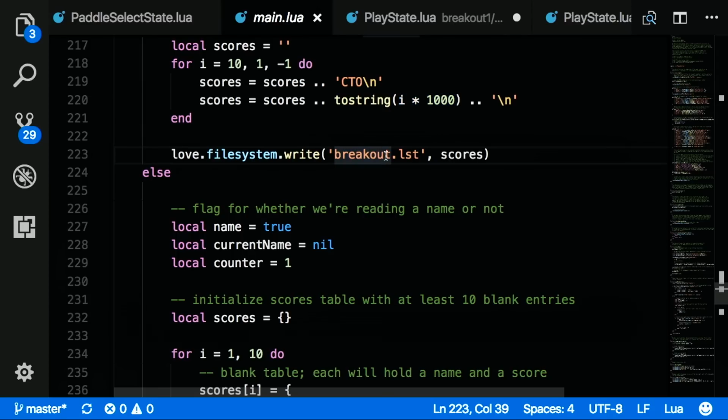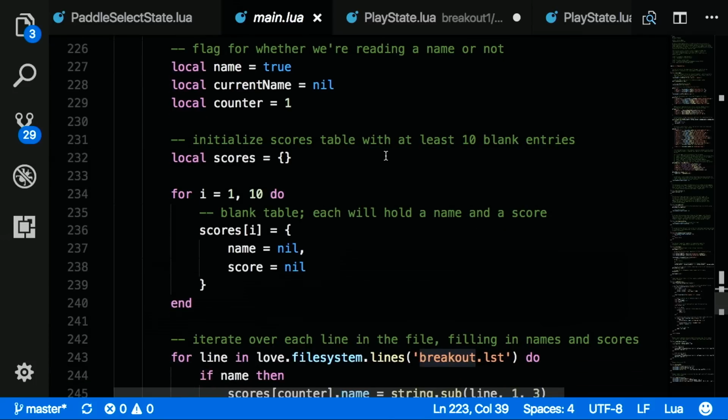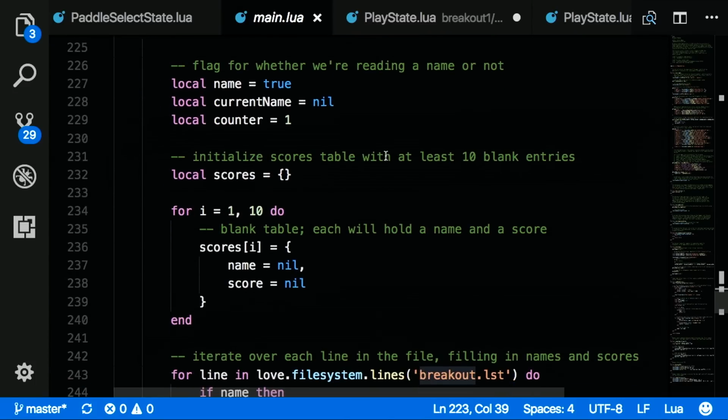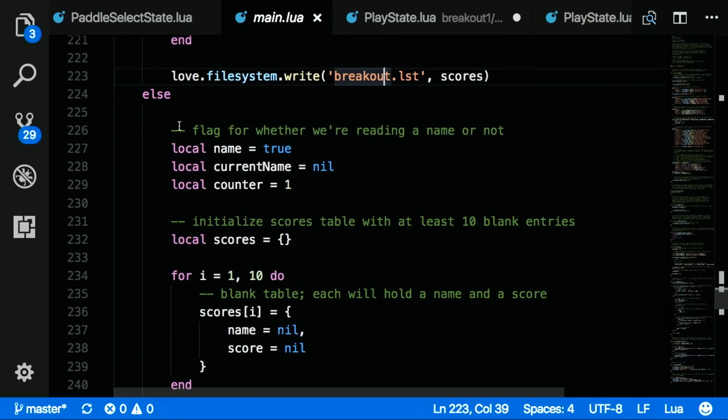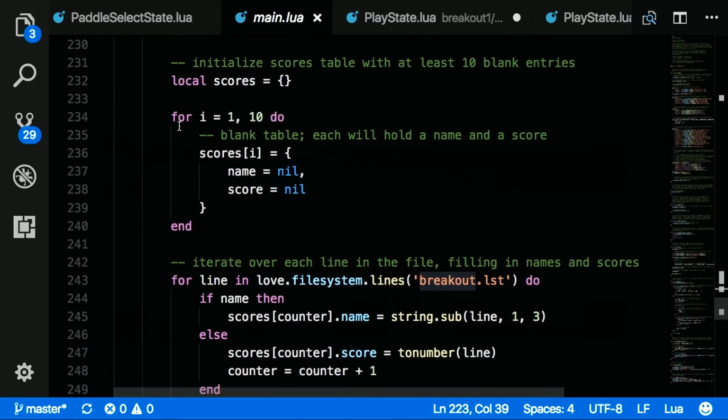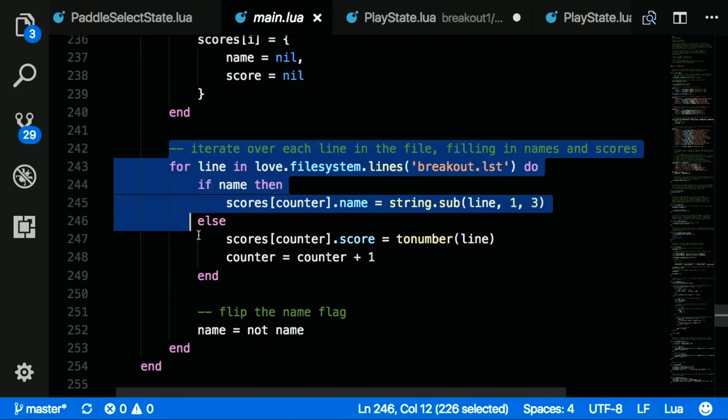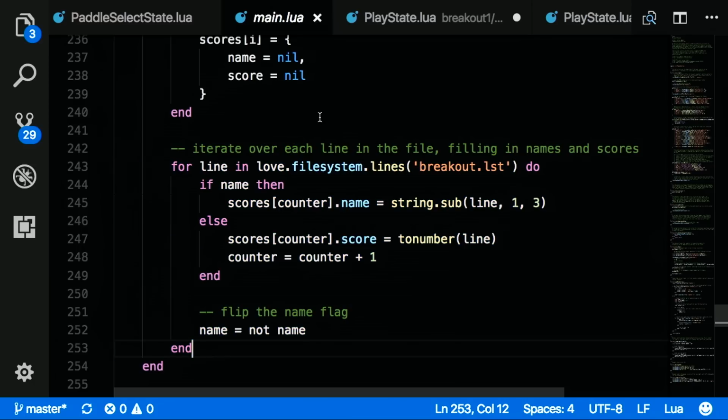It can be whatever you want. All we're doing is reading the lines from the file. And then this is if it doesn't exist. And if it does exist, then we're going to iterate over it with love.filesystem.lines, which will take a file and split it on new lines and give you an iterator over all those lines. So we can just say, okay, if it's a name,